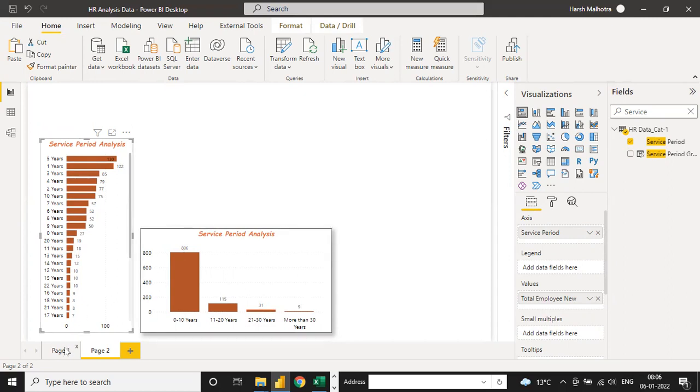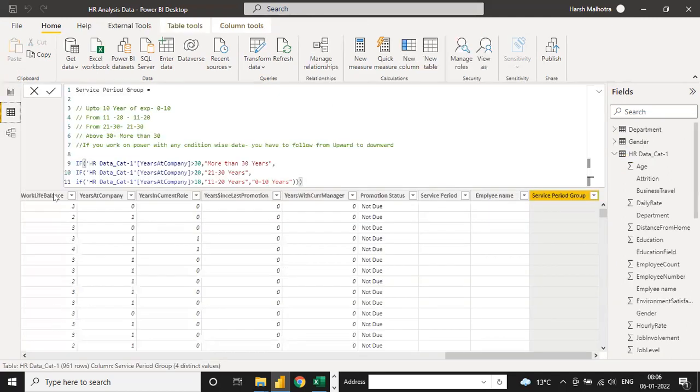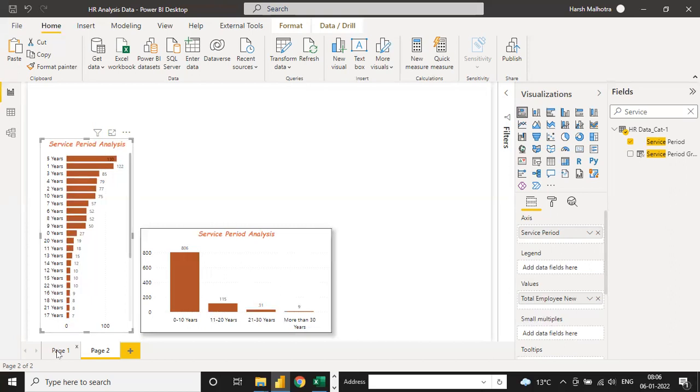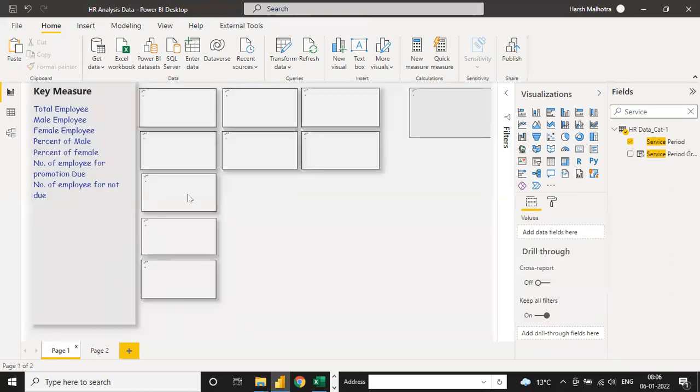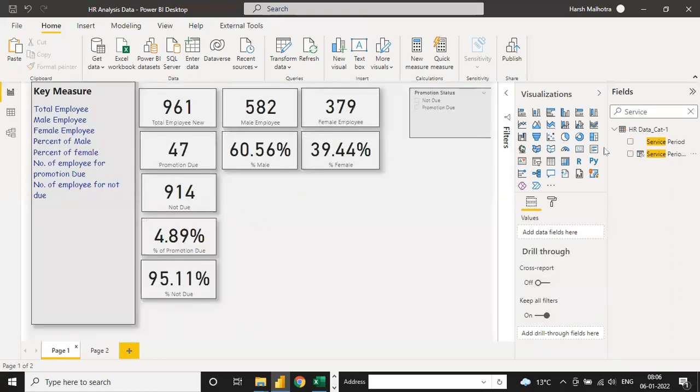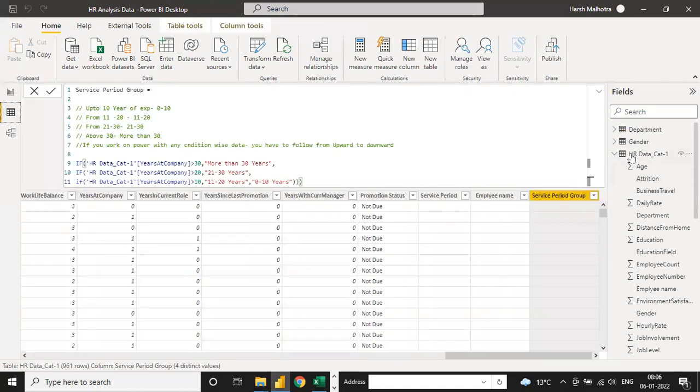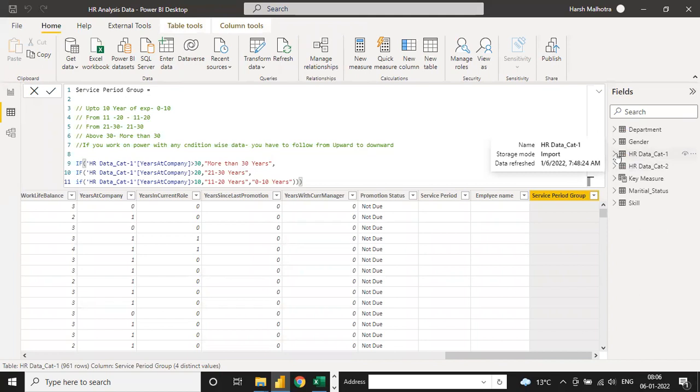I don't know exactly what the problem is. Sorry, you are changing the column? No, what you taught in the last class, the total employees, I used to get 1,400 and something. But you got something like 961, yeah. When I practice, I don't know exactly where I've gone wrong.